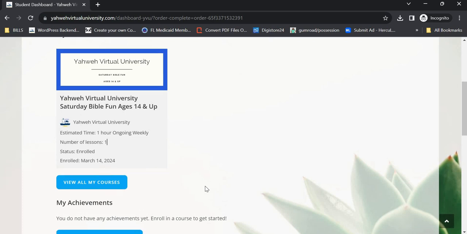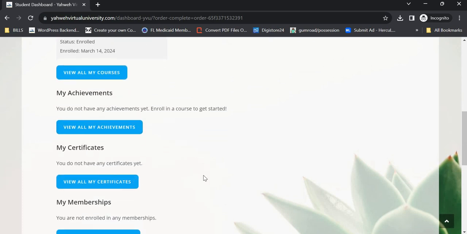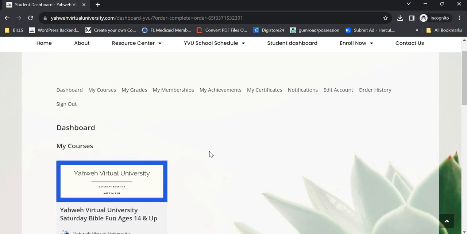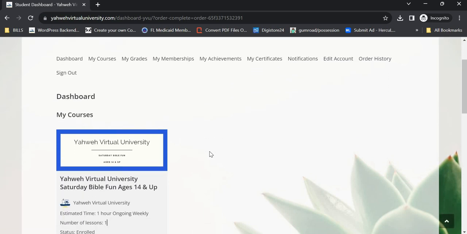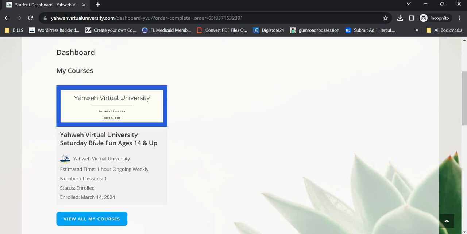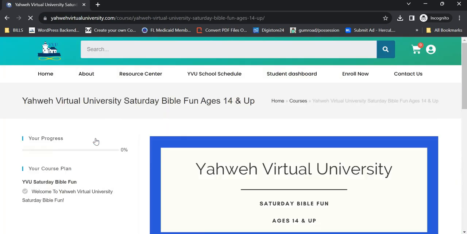On this page, if you ever get achievements, this is where you would find them. Certificates, we're going to be issuing different certificates for students, which is going to be exciting. If you ever have different memberships, you'll be able to find all of that on this student dashboard here. And if you ever want to sign out, to sign another student in, you would do that here on your dashboard. So let's go ahead into the classroom. I'm going to click my